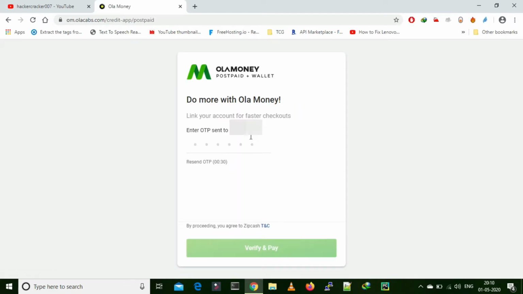And one more thing I forgot to tell you is you have to sign up in Zingoi using the mobile number which is registered in Ola. Then only it is possible. And these guys updated their security. Instead of sending the OTP directly to your mobile number, now they are sending a link which will take you to the Ola application, and it will show the OTP in the Ola application.